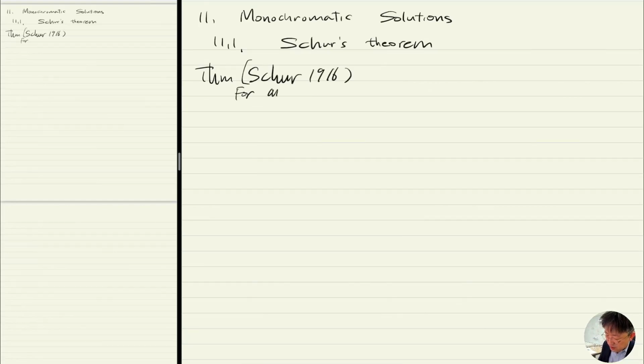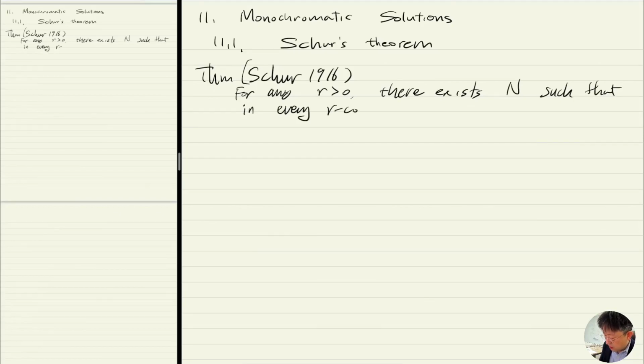For any r, there exists N such that in every r-coloring of the integers from 1 to N,